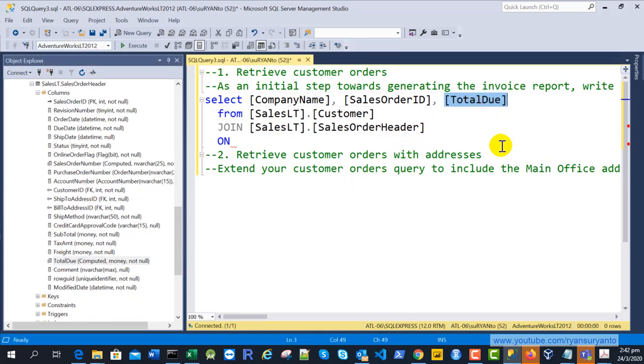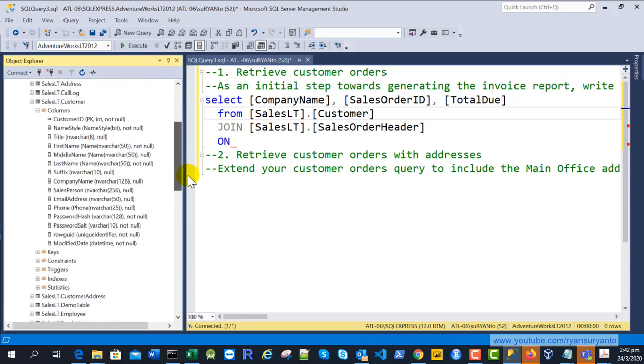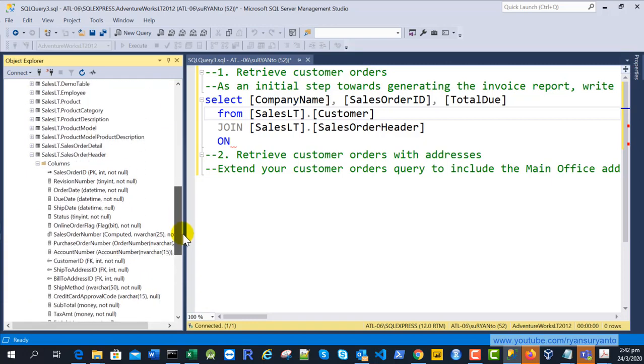Then we need to link between these two tables. Let's see what columns are available in both that you can use to link. In the customer table you have the customer ID, and in the sales order header you also have the customer ID, which is this one.